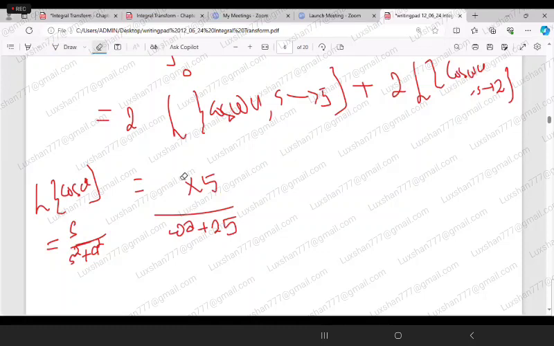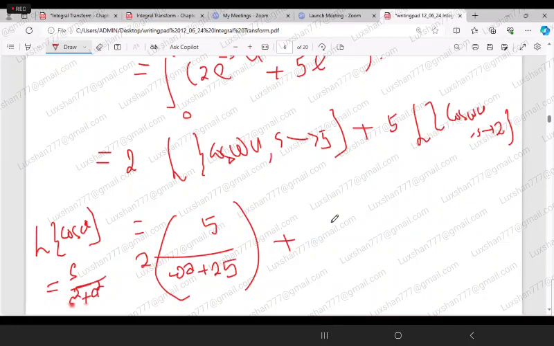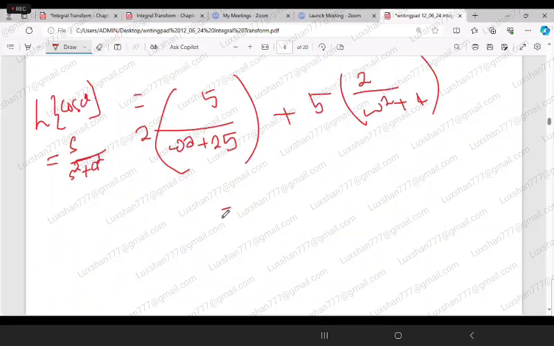So I'll write it this way. This is the Laplace transform. 2 is there. Plus, I'm sorry, here it is 5, no? I'm sorry, it's 5. When I make a mistake, please tell me. Otherwise, you will just copy it. 5 into, this one is the same, but here s is 2, over omega squared plus 4. Therefore, this is equal to